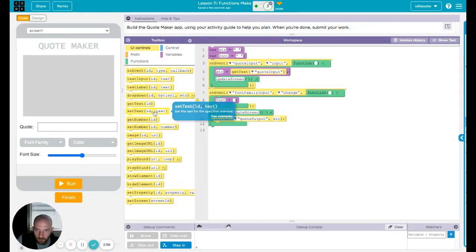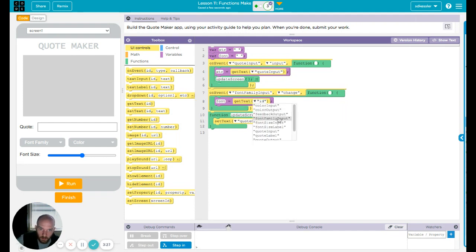Nope. What are we going to do? Yeah, let's do a get text. I think get text would be our best option there. We're going to get text, and we're going to get that text from the font